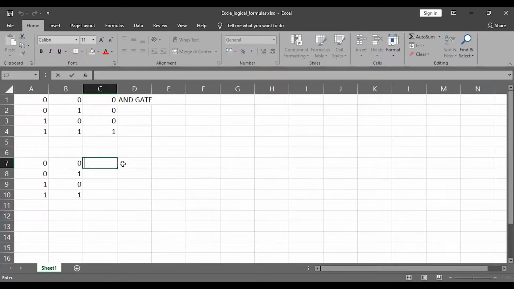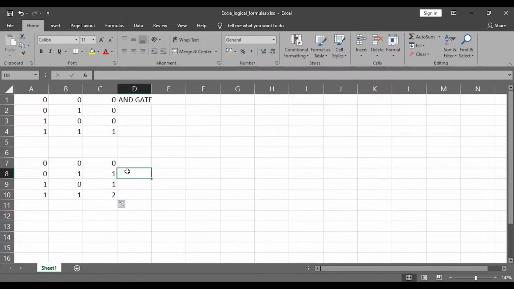An OR gate can be considered as addition. Suppose the addition of 0 and 0 will be 0. So what I'm going to do is create a formula, A7 plus B7. And now I'm going to drag it down to the final value.